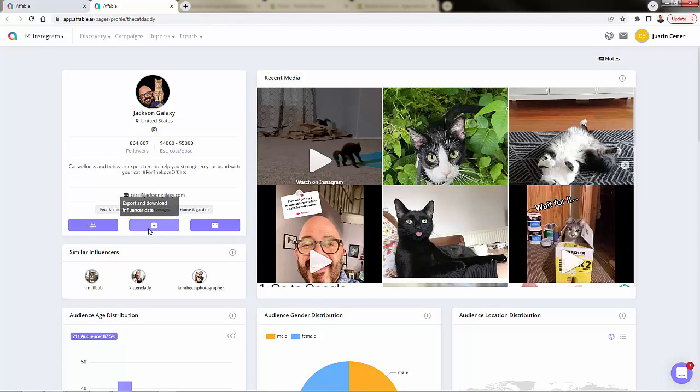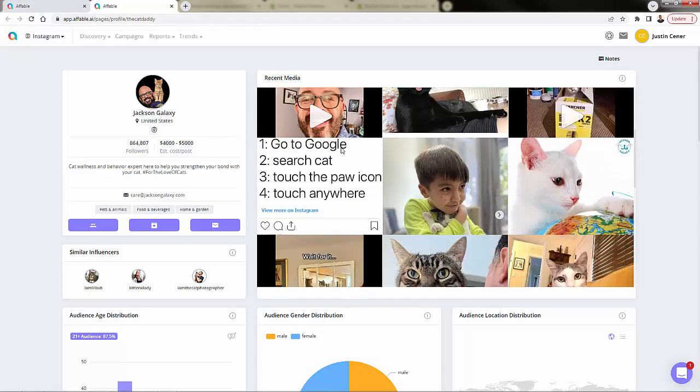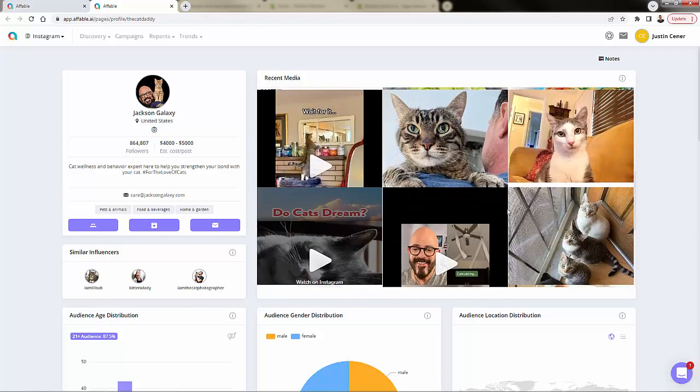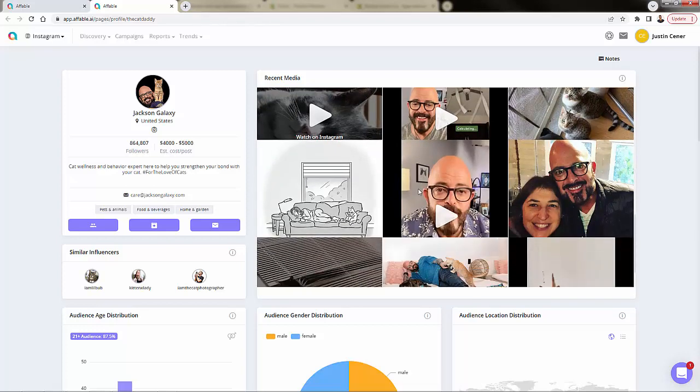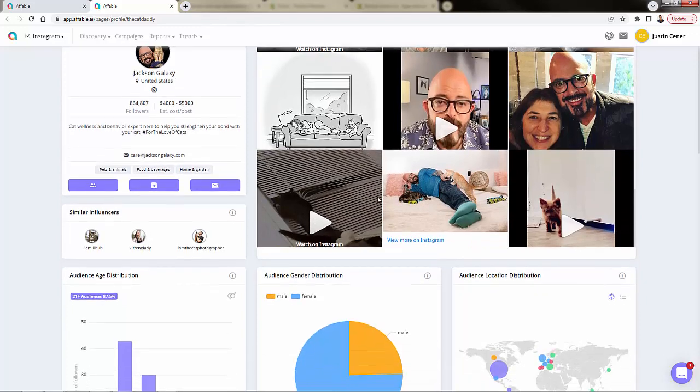Obviously, in this case, for cats, we could export and download influencer data. And the best part over here, we could reach out to them directly on an individual basis inside of the in-mail chat feature as a part of Affable, right? Again, not just research, but being able to have these campaigns and reach out directly to the influencers, get a good sense of what this guy Jackson Galaxy has been posting. Obviously, right in line for what we need when it comes to people who are going to buy our cat